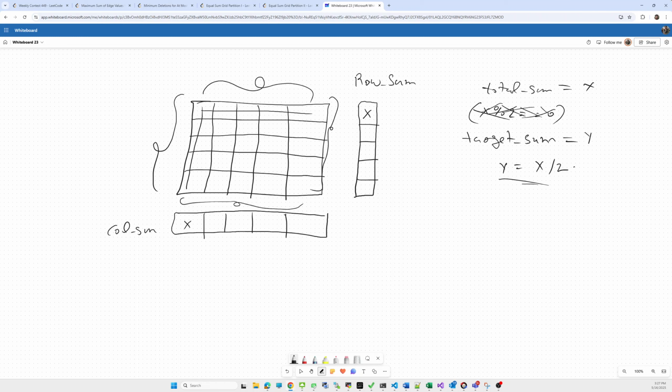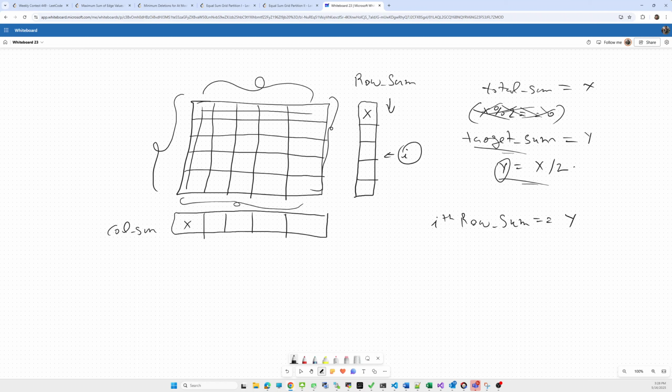While iterating, we check whether the sum of rows till the ith index, suppose i is pointing here, is equivalent to y. If the sum up to the ith row is equivalent to y, then we have achieved our target, and we simply return true.